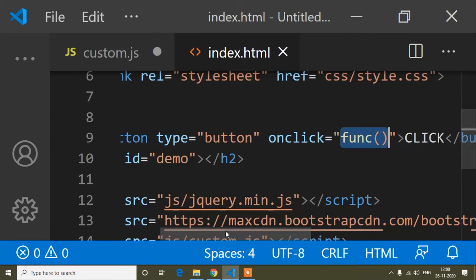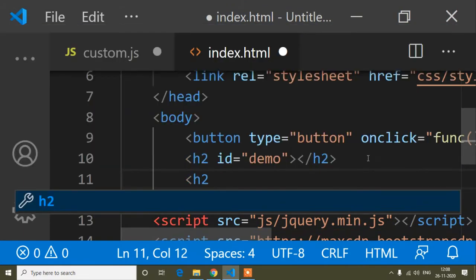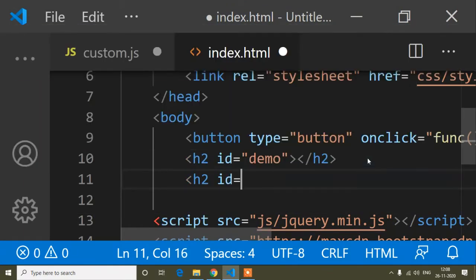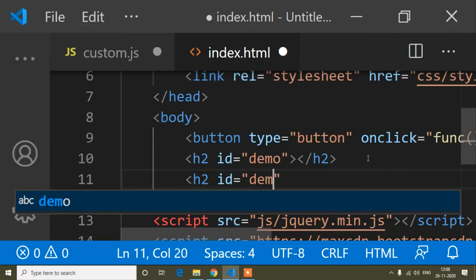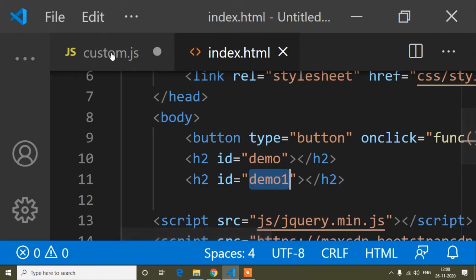Now I will print this variable. I will create another h2 tag, and the id is demo1, because in this h2 tag I will show you the result after using the sort method.